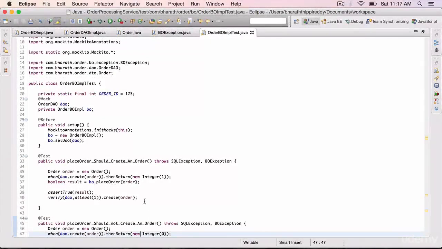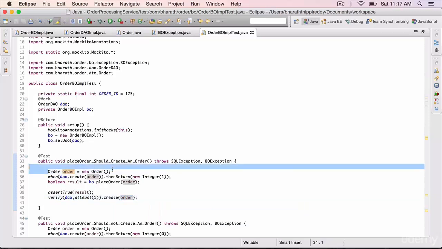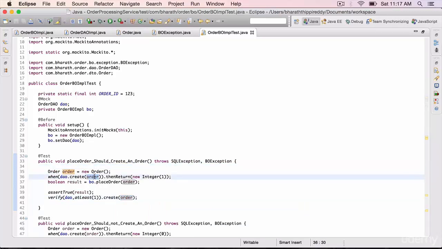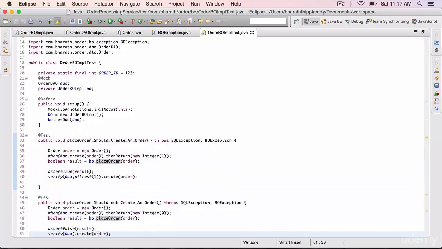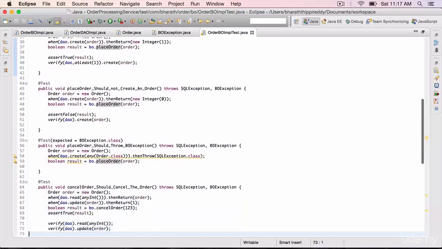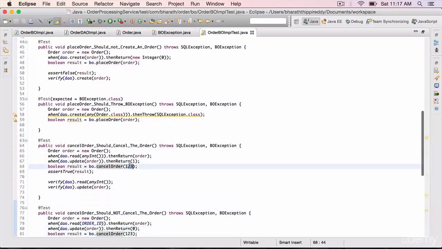So far, while we are stubbing out our method calls using the when method, or when we are verifying the method calls on the mocked out object, we have been passing the exact object type. For example, we have been creating the order instance and passing that in. In case of primitive types, for example, when we are cancelling the order, we have been passing the value 1, 2, 3 for the order ID. Instead of this, Mockito gives us a matcher API, which makes our job a lot easier.